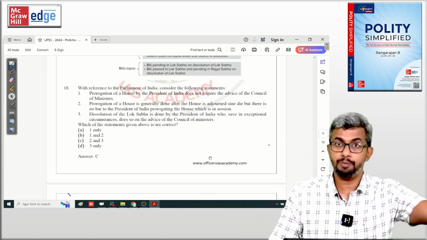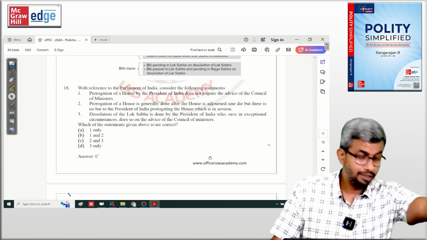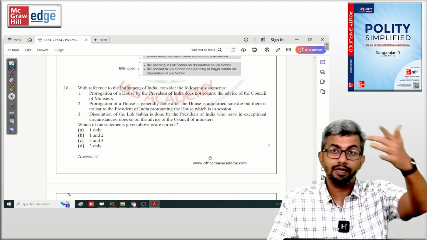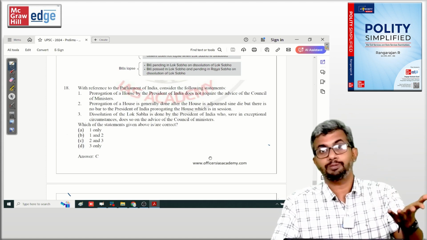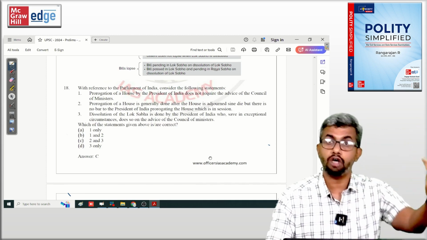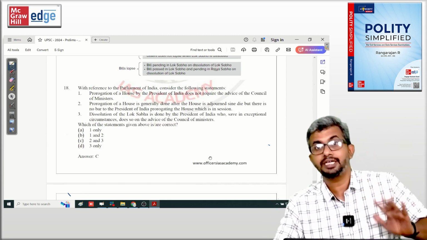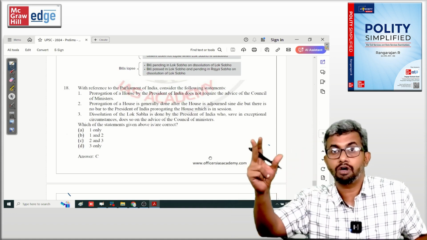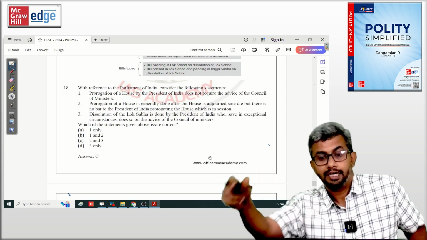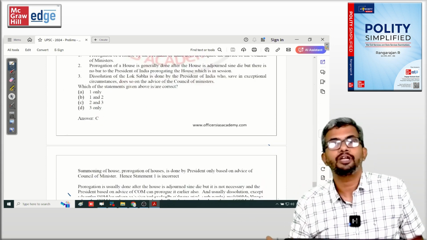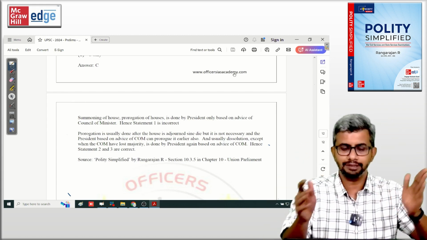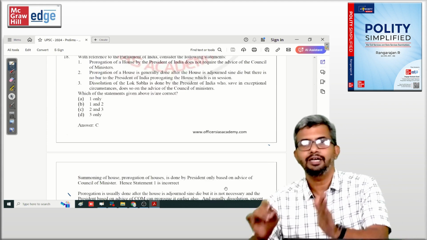But even before that, it can be prorogued. During COVID, even before that, it was prorogued. The special session for passing the Women's Reservation Bill, it was prorogued before it was adjourned sine die 1 day in advance. Right? So that is possible. And dissolution only under exceptional circumstances, when the Council of Ministers have lost their majority. Then the President decides using his discretionary power whether to dissolve or not. Even that is discussed with the example of Atal Bihari Vajpayee government of 1999 in the book in section 10.3.5. So only under those exceptional circumstances the President may use his discretion. Otherwise, dissolution is also done based on the advice of the Council of Ministers.